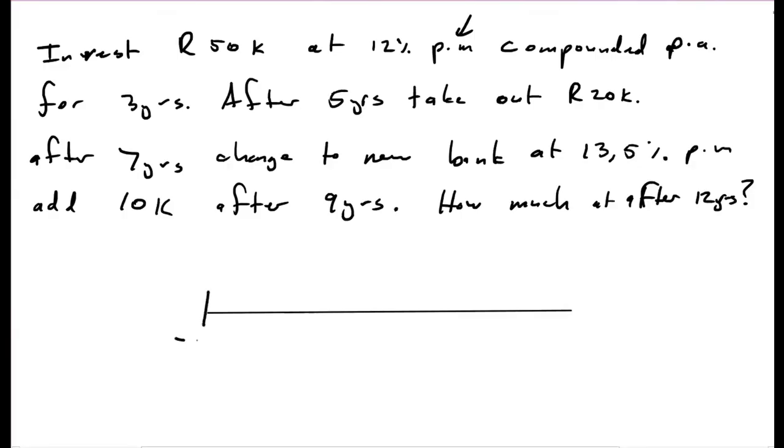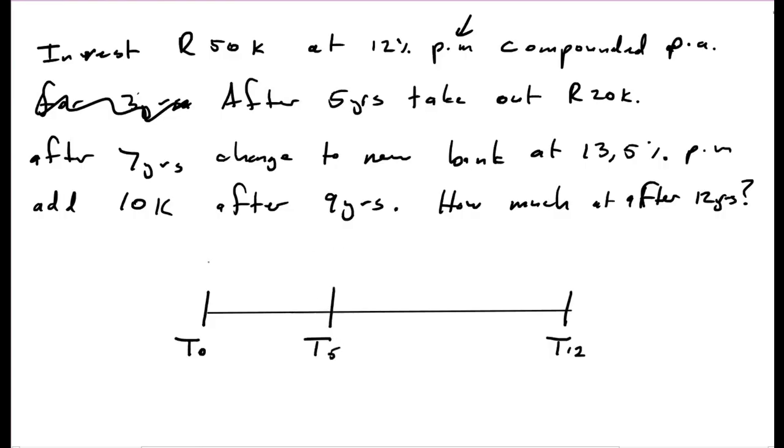We always start at T0. Nothing has happened with your money yet. At the end, we've now got T12, they asked how much after 12 years. Now I want to find all my other significant times in there. I invest 50K at 12%. After 5 years, term 5,